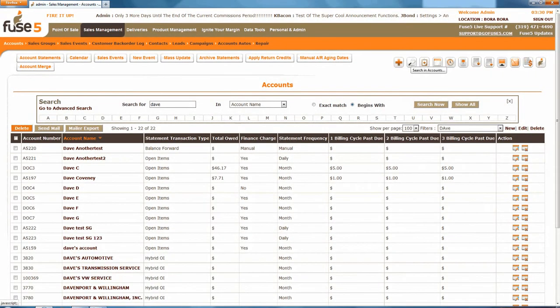The following series of videos are intended to show you how to use the point of sale, or POS, within Fuse5. Prior to getting into that, I want to point out just a few things that you're going to see on pretty much every screen within Fuse5. Additionally, I just want to show you a couple other helpful tips that may allow you to navigate more easily